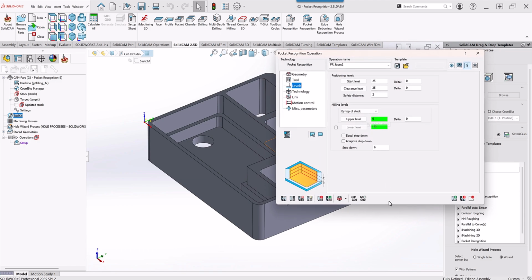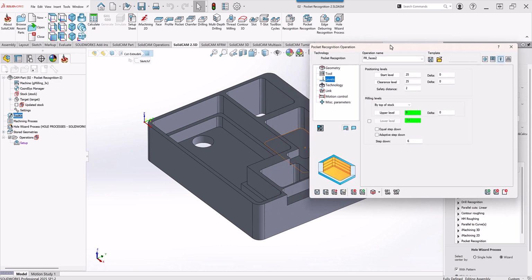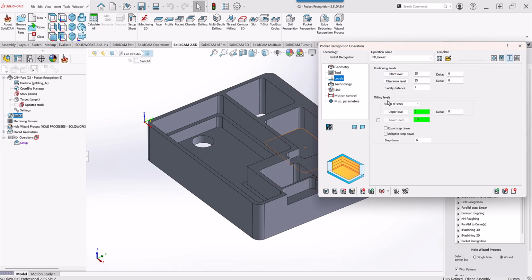Also note the following. We have our step down. Step down is put in here automatically as half the diameter of the tool. And we have here two functions, one called equal step down and one called adaptive step down. Equal step down will take the steps down that we have. For example, from here to here is 40 millimeters, and if I have 6 millimeters each step down, it will not be equal step downs as I'm going all